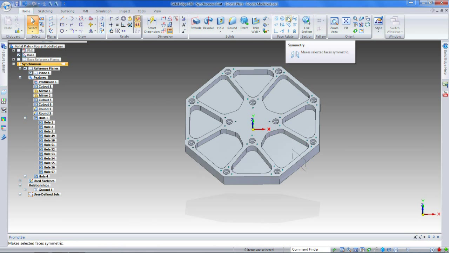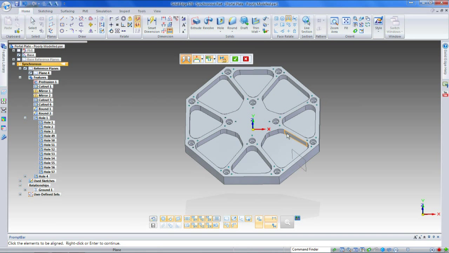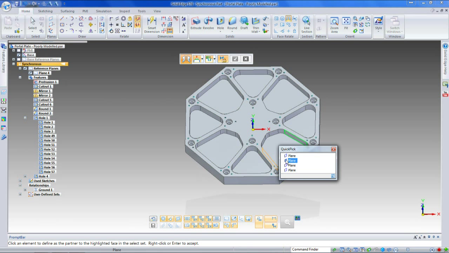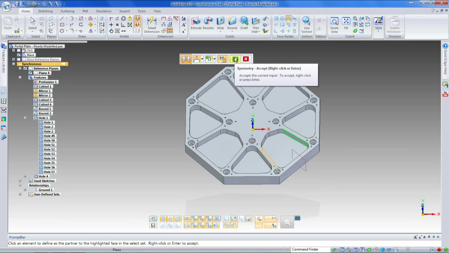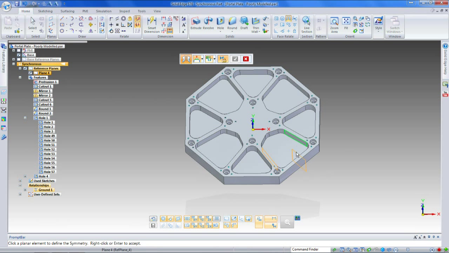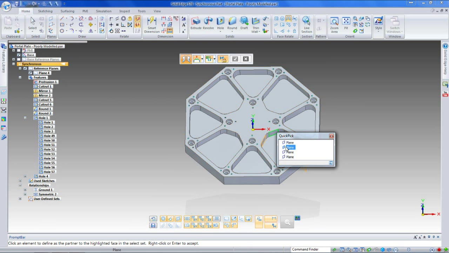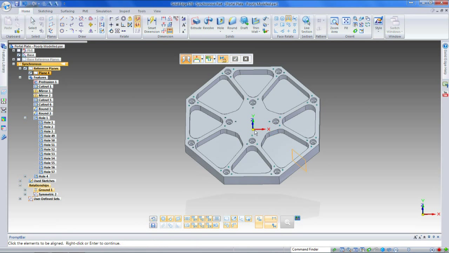What happens if I want that symmetry to be recognised all the time? Well, I can create a symmetry relationship, and that's what I'm doing here, creating a symmetry relationship about those two faces. Now I may want more than just those two faces, and you'll see that the work I'll be doing here is really just creating symmetry about the various faces within the model, because at the moment I don't actually know